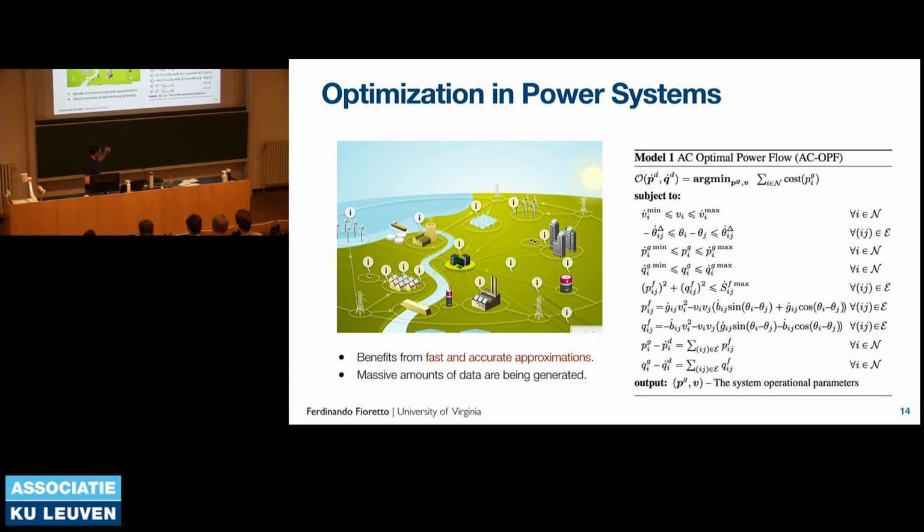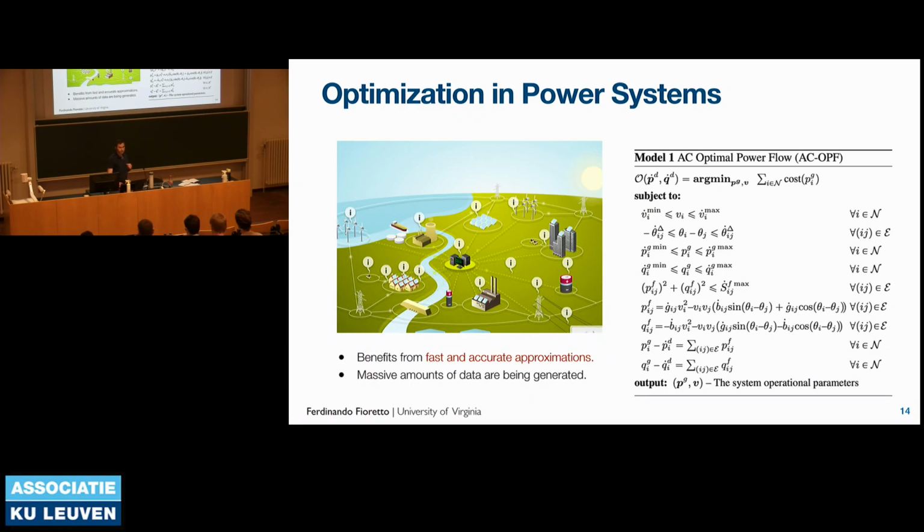And so this is what is described in the AC optimal power flow. So you want to minimize some cost objective, which is how much it costs to run this power system, so that we match the load, the demand, while also satisfying the physical and engineering constraints. So the engineering constraints here are that we cannot generate more than what can be supplied, and so on, right? So this is a very difficult problem.